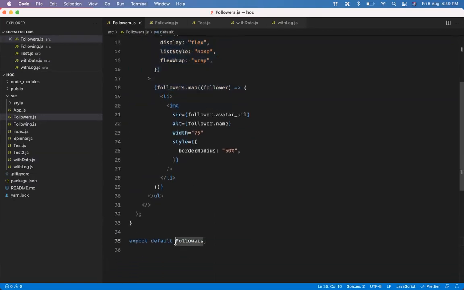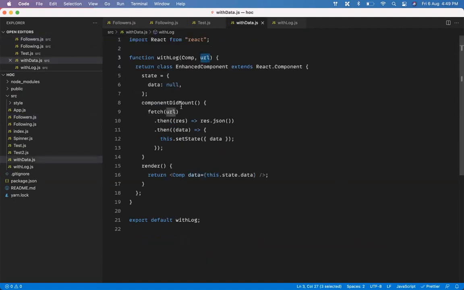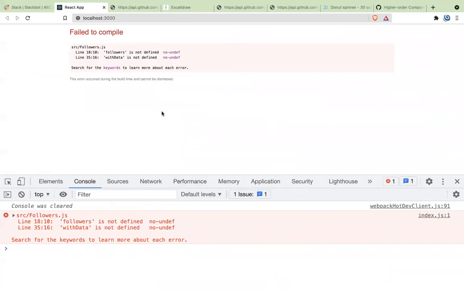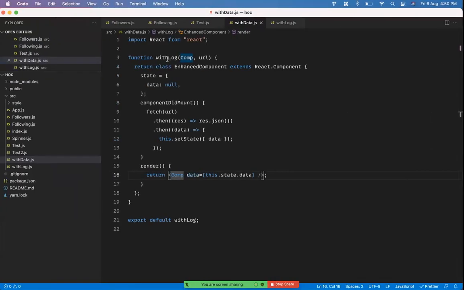Now, to get the behavior or the logic, I will just have to call it with data. And along with data, we also need to pass what? The URL. Because if you don't pass the URL, which data will it fetch? So I'm sending a component, and along with that, I'm passing this. It will accept it as a URL, fetch the data, and give me access to this. You come back. Here it is saying followers is not defined.